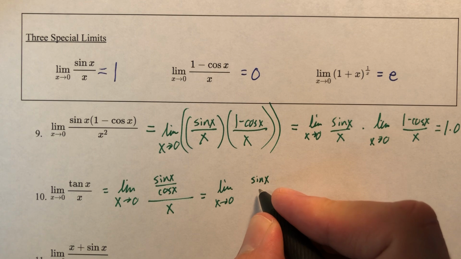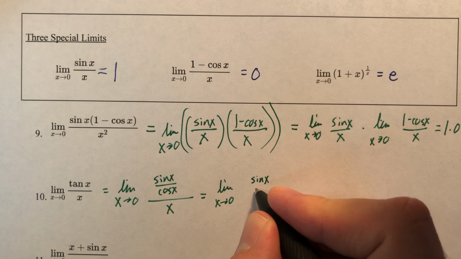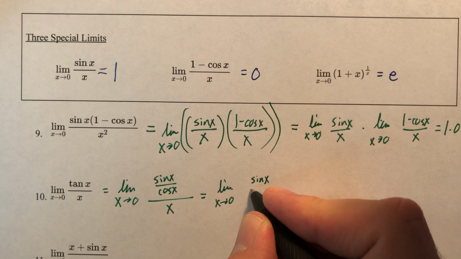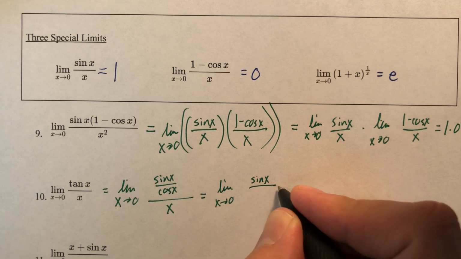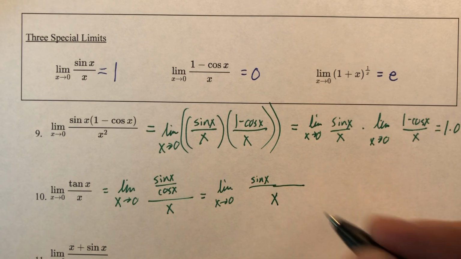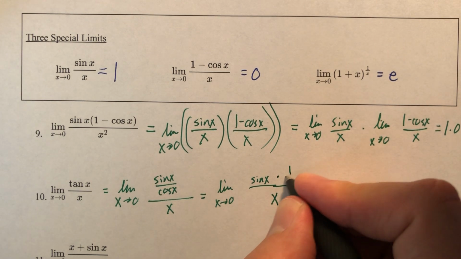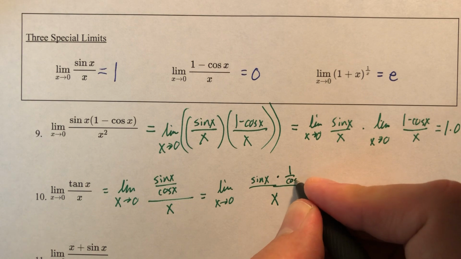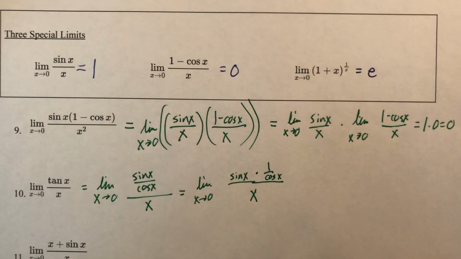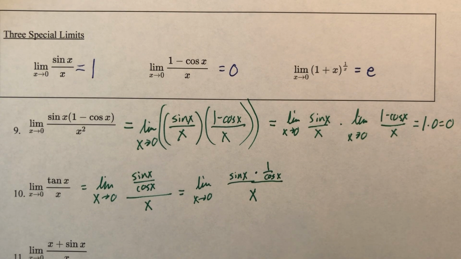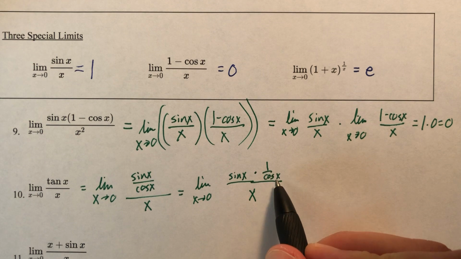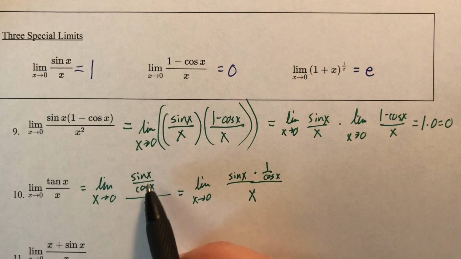Best way to go about this. Let's just jump straight into it. We'll call it over. I'm thinking of all the multiple ways I could do it. We'll do that. Do you have to think like that? No. Is this the only way to do it? No. Is this the best way to explain it? In my head right now, it is. Yes. So I have sine x times 1 over cosine x,